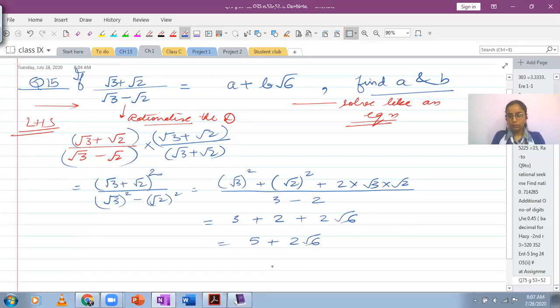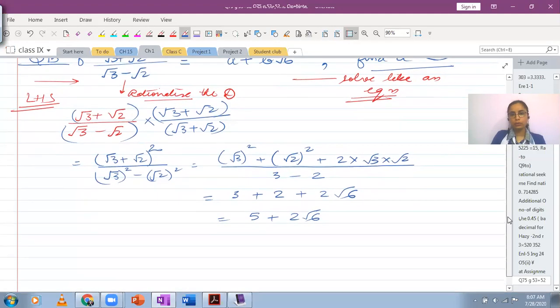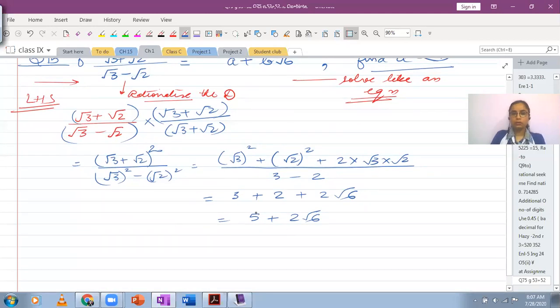If you are writing down, you should side by side also see if you are able to interpret कि मैं क्या कर रही हूँ. And if you're doing it on your own, just keep matching your work with me. And if at any point you have a question, please ask. So this is now my LHS simplified.